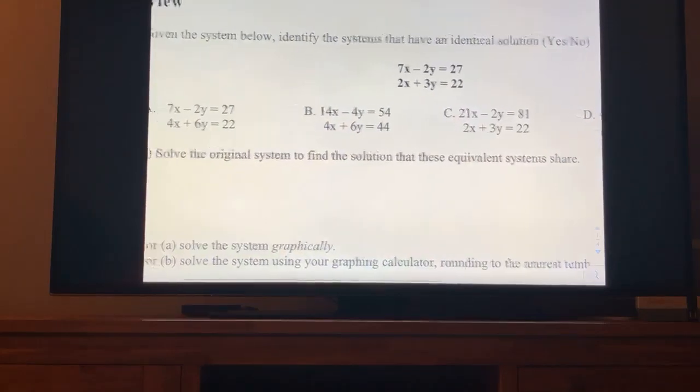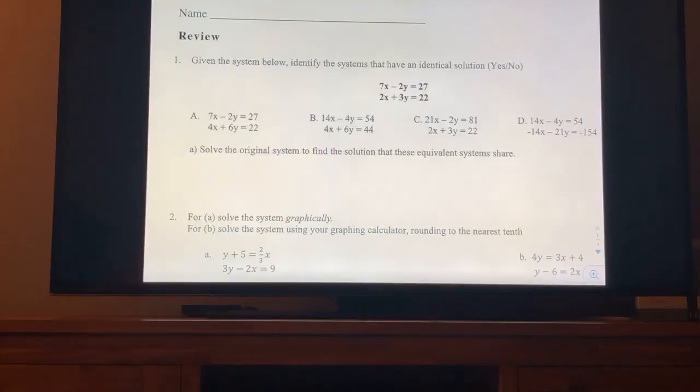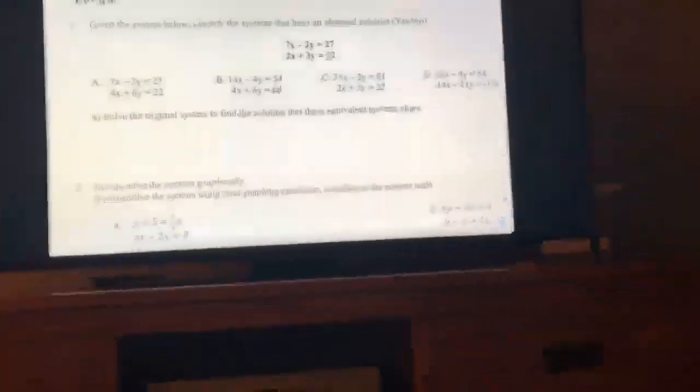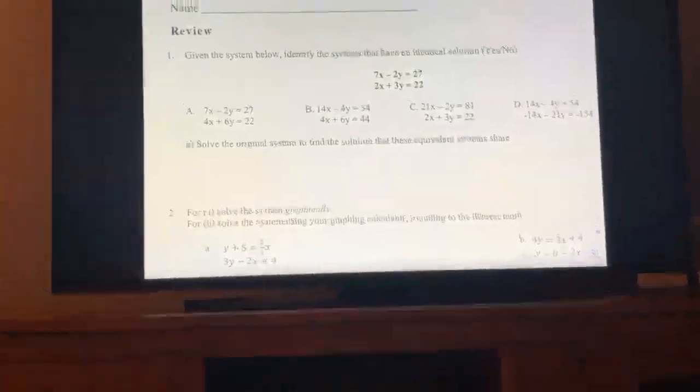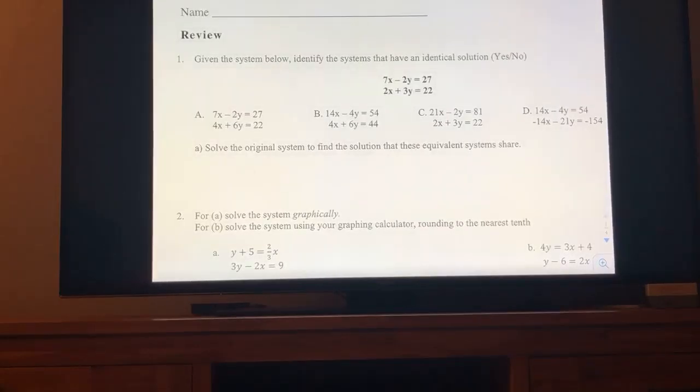This is an interesting multiple choice, and we've seen this a few times. This was number 1 from the review sheet, if you're not sure what I'm referring to. The zoom takes a little while to refocus, so just be patient with that. It's basically asking which systems, phrased either positively or negatively, like which of these systems don't have the same solution, or which of these systems do have the same solution as a given one. So obviously the long way to answer this would be to solve each and every one here. Obviously that could take forever. A little bit more rapidly, we can answer this by